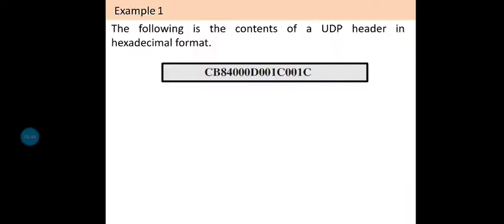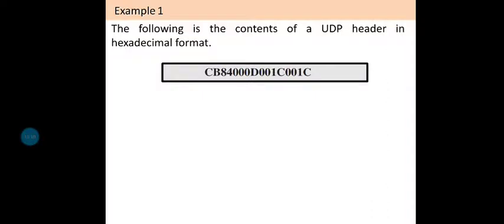Let us take one example and try to answer these questions. The following is the content of a UDP header in hexadecimal format: CB84000D001C001C. This is the header content.